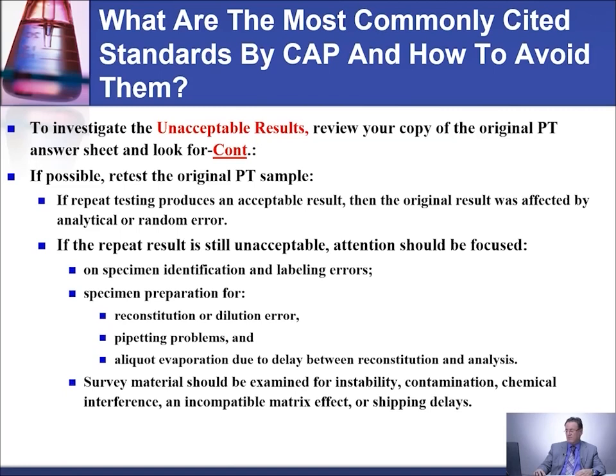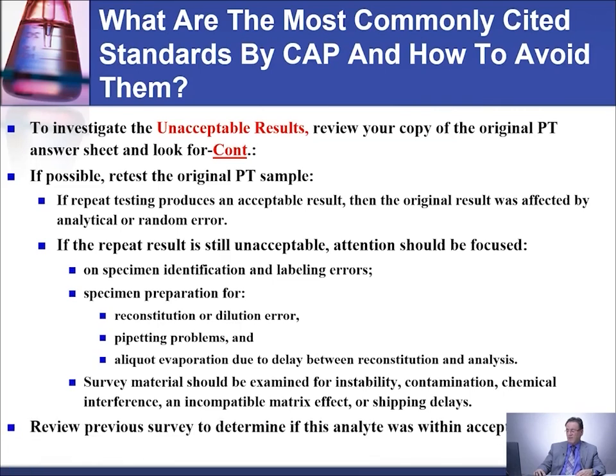Examine the survey material for instability, contamination, chemical interference, incompatible matrix effect, or shipping delays. Also review the previous survey to determine if this analyte was within the acceptable range or not. If it wasn't on the previous survey, that means you have a chronic issue that you need to take care of. Maybe you need to call the vendor, or call your engineer and have a look at your